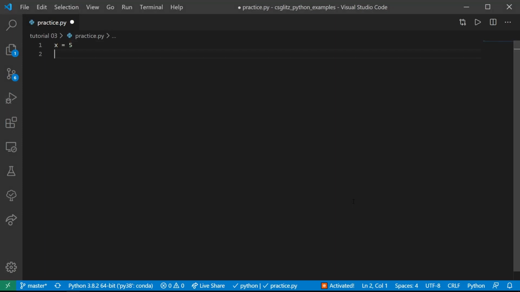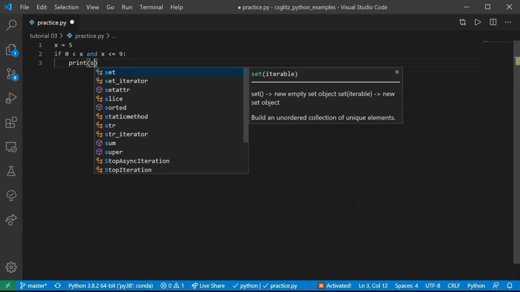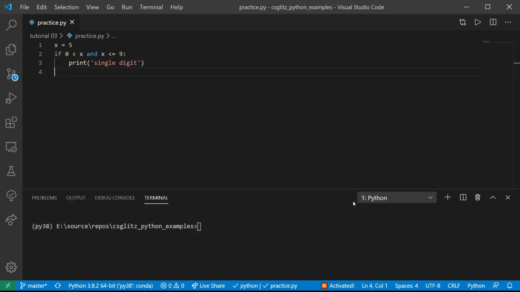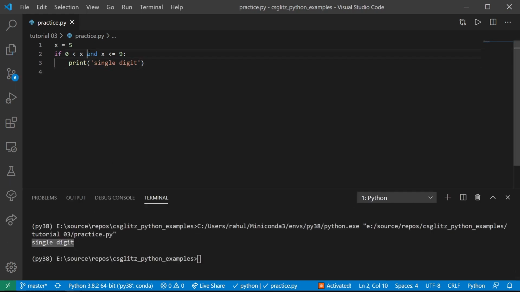Sometimes we need to check whether a number is in a given range or not. We can do that by using the AND operator. In Python, we can chain the comparison operators like this.